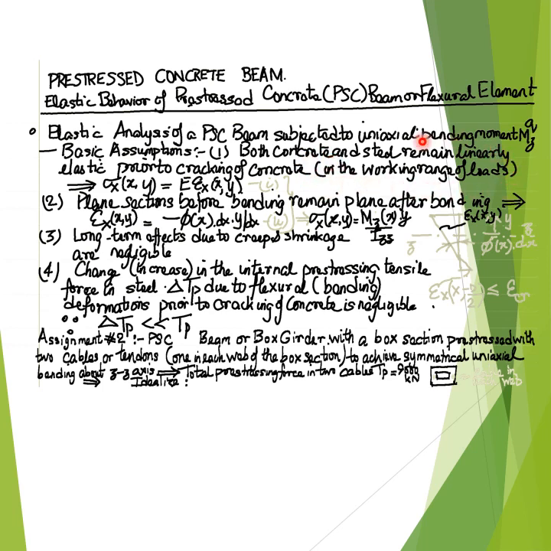That is, in the working range of loads or in the working stress range under working loads or service loads. As a result of this assumption of linear elastic behavior for both concrete and steel in the pre-stressed concrete beam prior to the cracking of concrete,